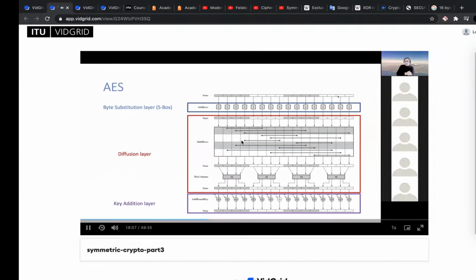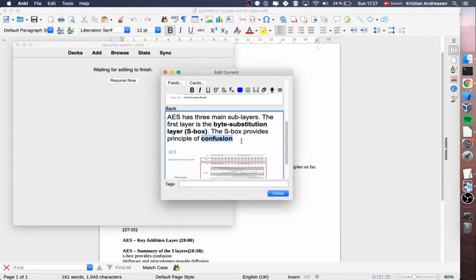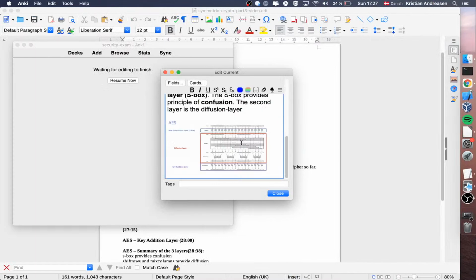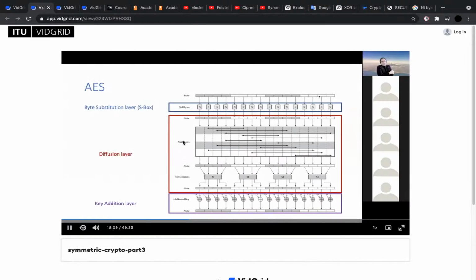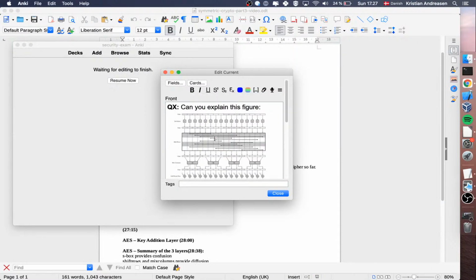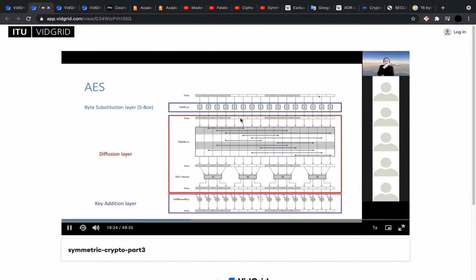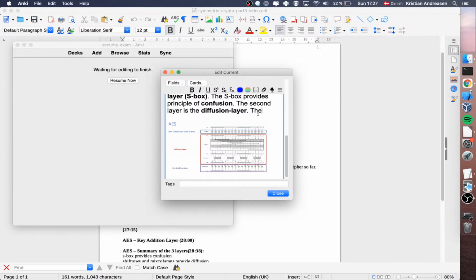Then the second subroutine is the diffusion layer, which by definition provides diffusion. So a single bit change in the plaintext statistically causes half of the bits in the ciphertext to change. And the third layer is called the key addition layer, which is just an XOR